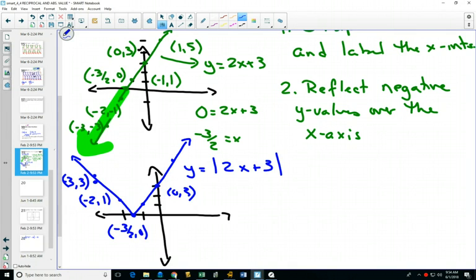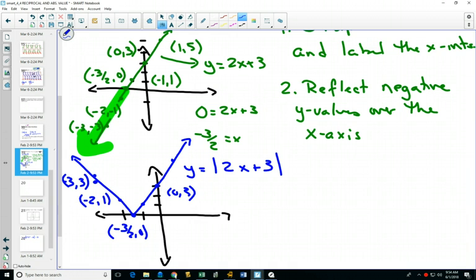Now, we took a long time to do that, but can you see that this is relatively easy? You can graph your line y equals 2x plus 3 quickly, and all we had to do is take that negative part and flip it over the x-axis, and we've got our new graph. Now, if we think back to February,